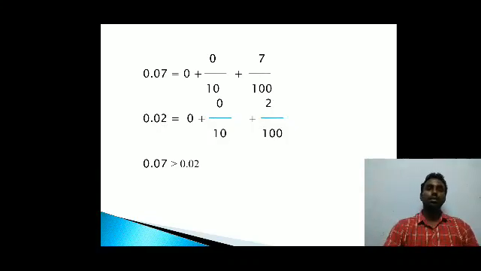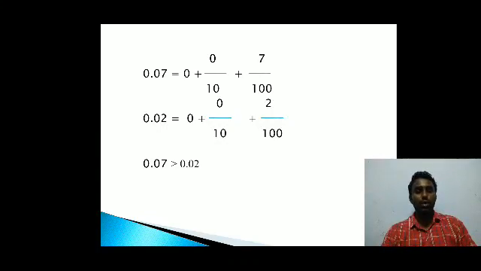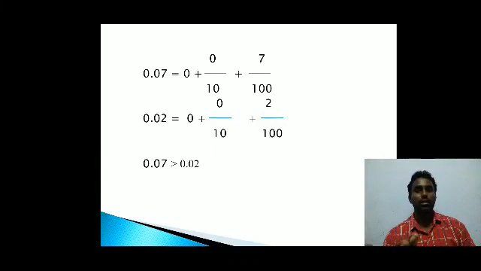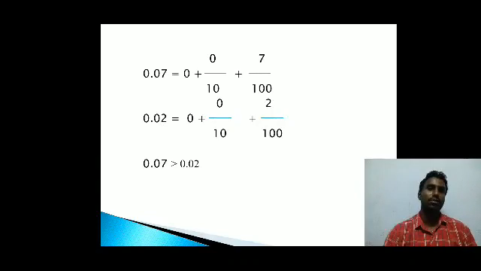Okay, so understand, students, 0.07 has only 2 digits after the decimal point, which means that digit is divided by 100. Otherwise we can write 7 by 100, right? So 7 by 100, 2 by 100, which will be greater? 7 by 100 only is greater. That way also you can do it. I'm using the expansion form here; you can use it directly. 0.07 we can write as 7 by 100, sir. 0.02 we can write as 2 by 100, sir. So we can say, sir, 7 by 100 will be greater than 2 by 100. Yes, of course, go ahead. Okay, so no problem at all.